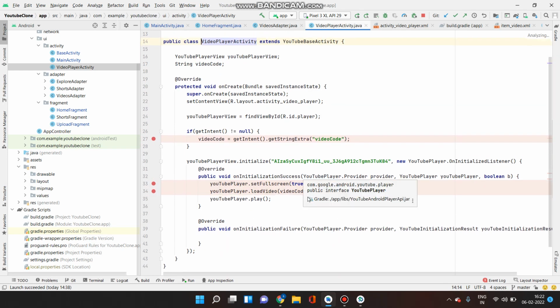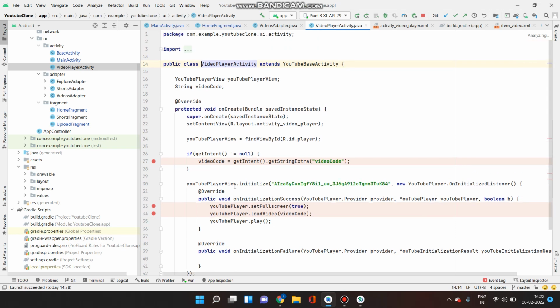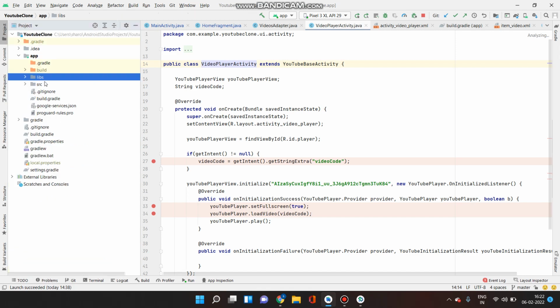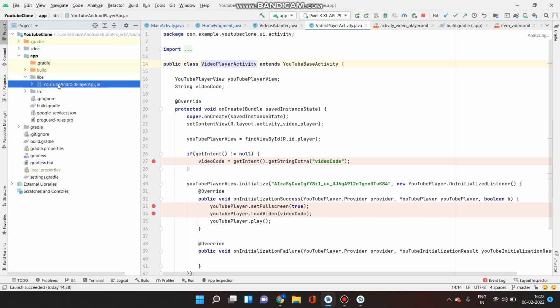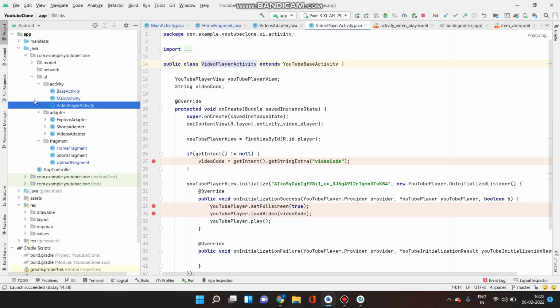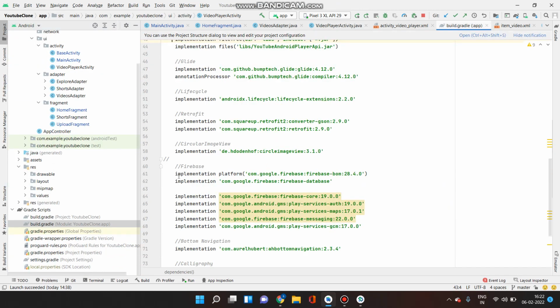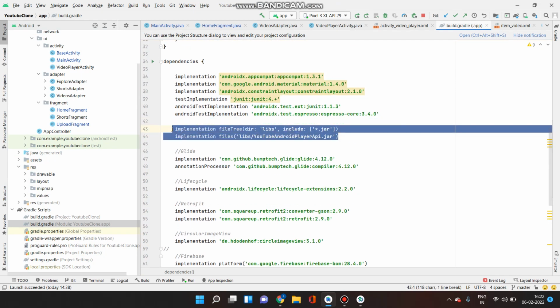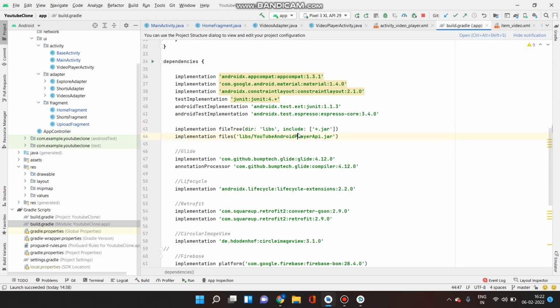So for this YouTube player, we first need to add the dependencies and the jar file for it. So for that, there is a jar file for YouTube Android player. I just got it from the website. So we just need to add that one. And after that, we need to also tell the Gradle file that there's a jar file added for this YouTube. So that I've just mentioned over here in the dependencies list.